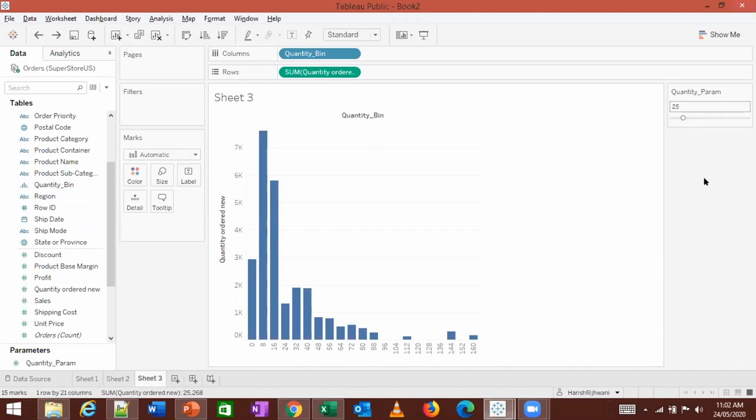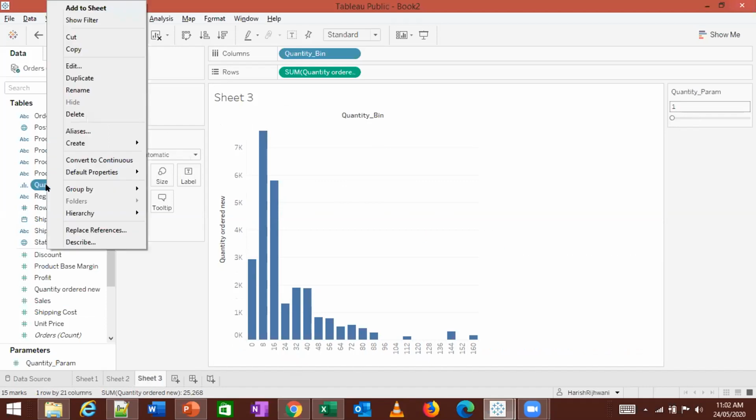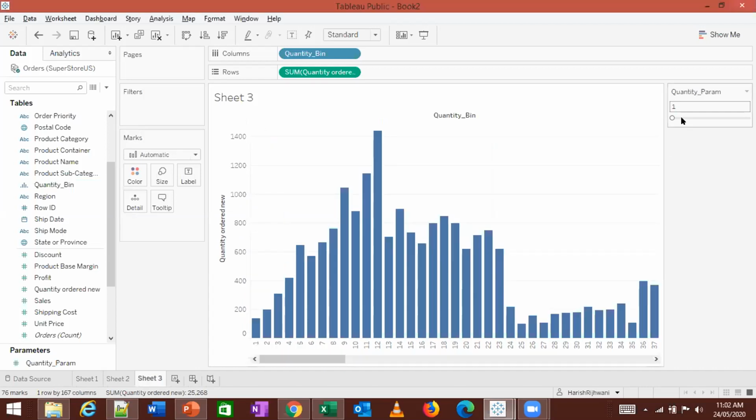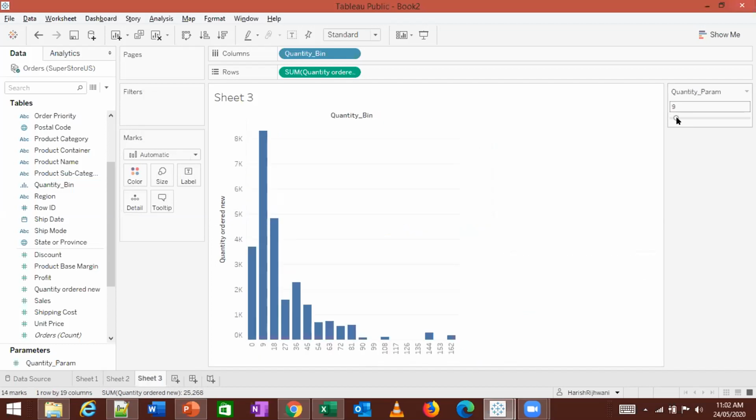Right click on the bin that you created, click on edit. In the size of bins, you'll see a drop down and you choose the parameter that you created. Press OK. Now when you move the slider, the graph will change. Okay, thank you, sir. Anybody else have any other question?